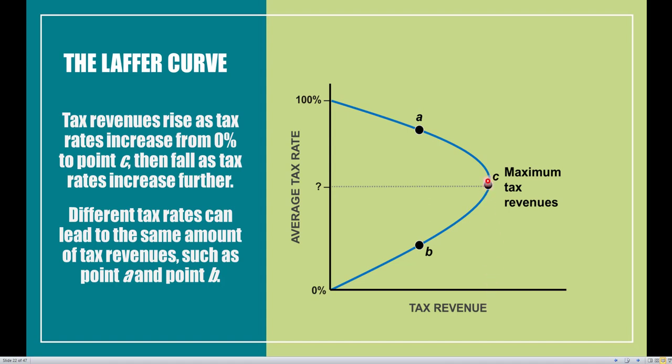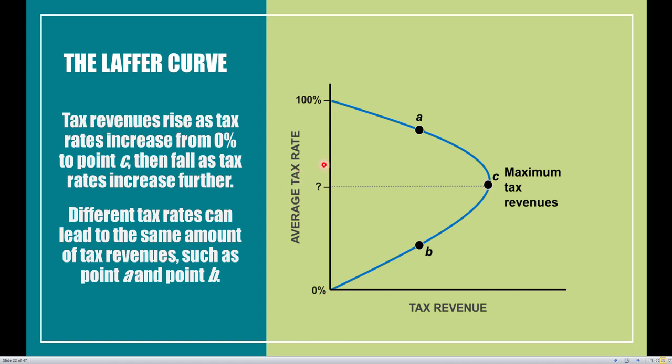So in this instance, we want to be operating at point C because that's where the government's going to be generating the most amount of tax revenues, and that's where they can encourage a lot of investment by firms and corporations, and that will induce a lot of economic growth with the supply side fiscal policy. But essentially, we don't know exactly what the optimal tax rate is because once again, it's difficult to change tax code and tax law within the United States, and there's not a lot of empirical research that tells us exactly what the optimal tax rate is for the country.